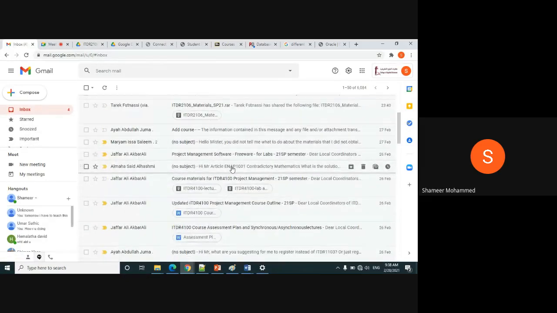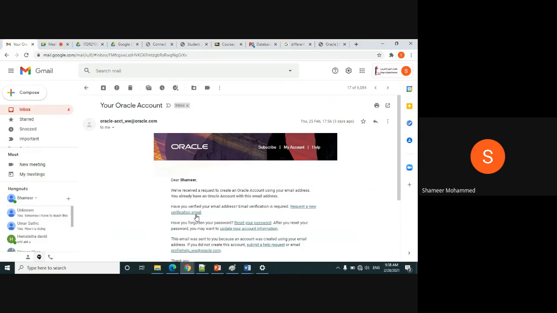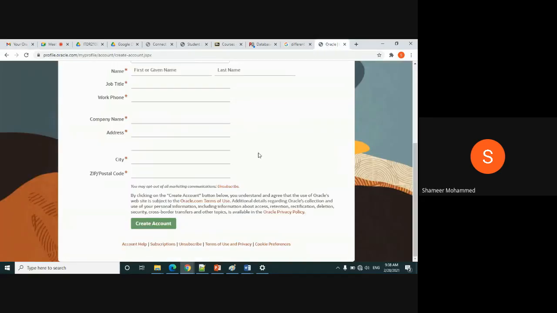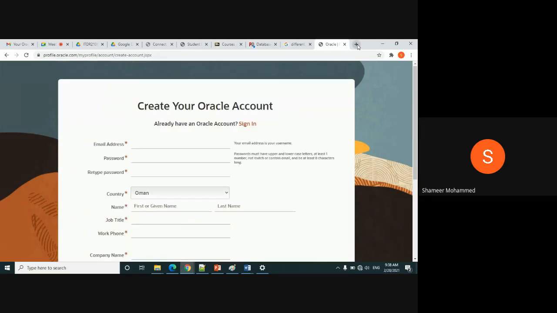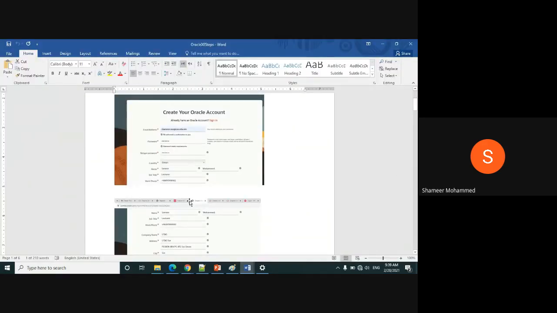Then you will get an email to activate your account, something like this. You click that link, then your account will be activated. After that, you can download the Oracle software. See here, I have the steps.